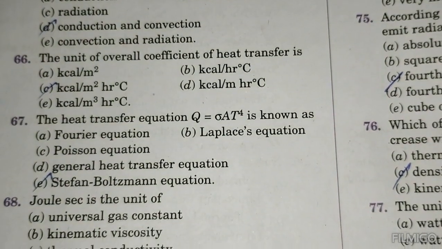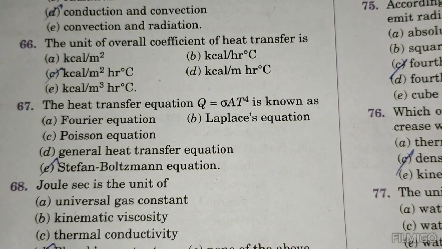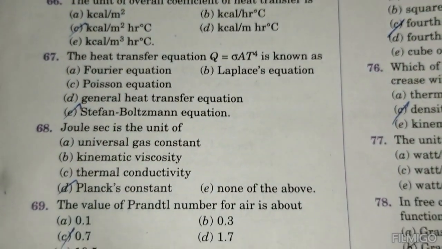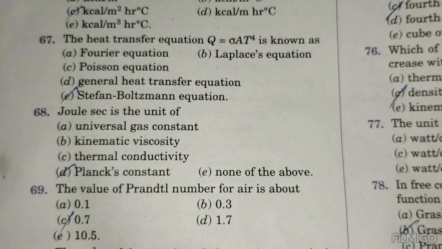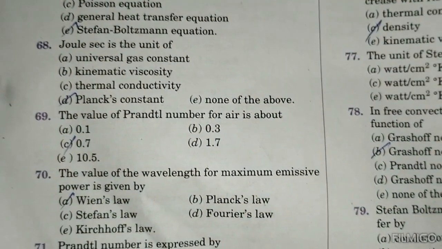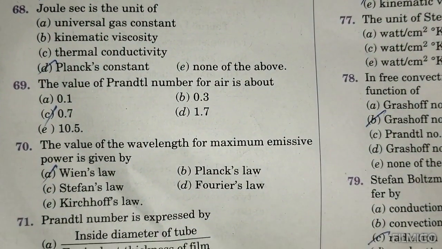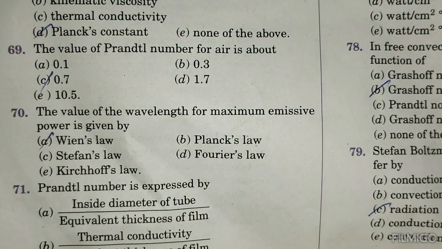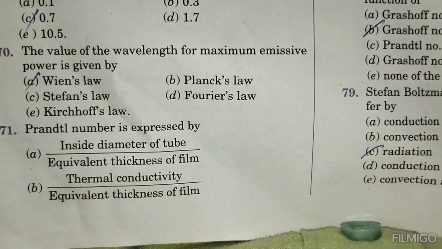The heat transfer equation Q equals sigma A T to the power of 4 is known as the Stefan-Boltzmann equation. Joule second is the unit of Planck's constant. The value of Prandtl number for air is about 0.7. The wavelength for maximum emissive power is given by Wien's law. Prandtl number is expressed by dash: